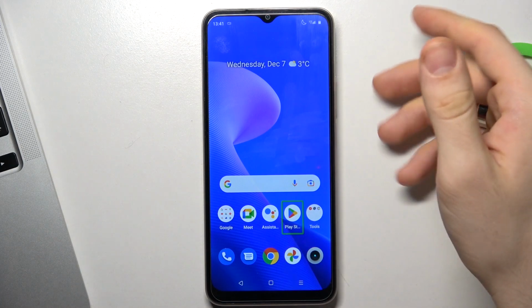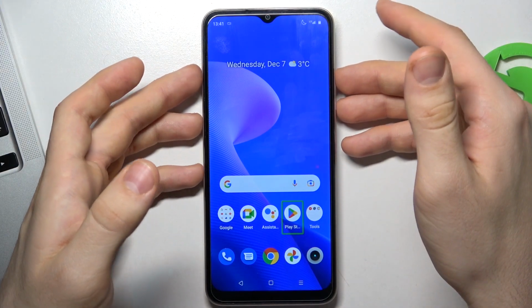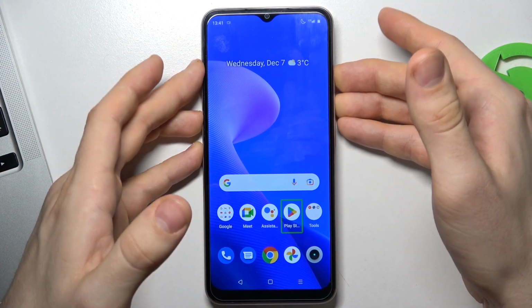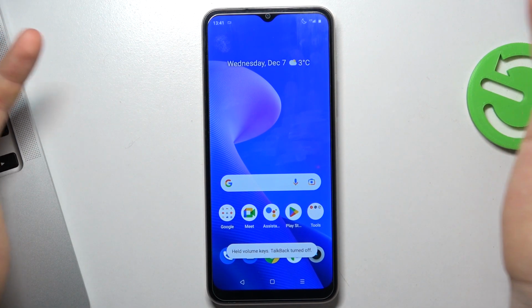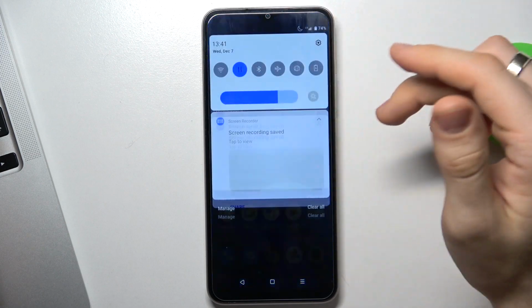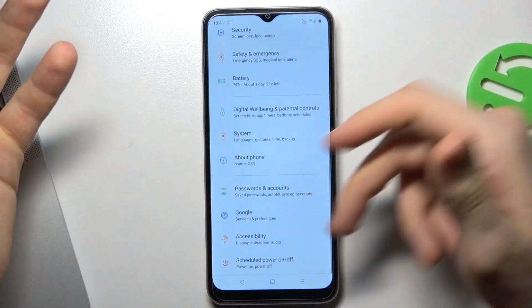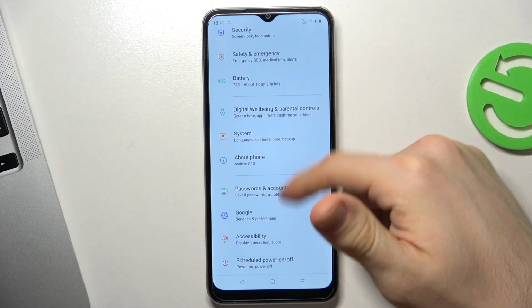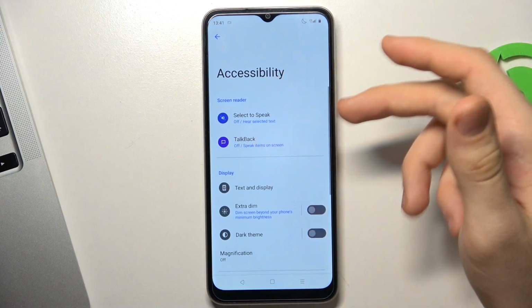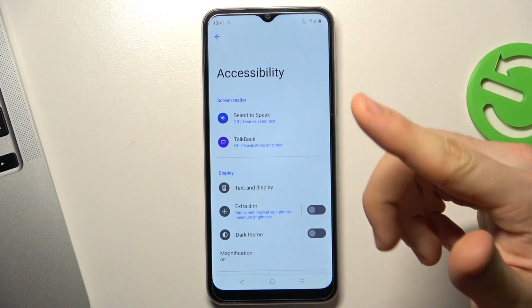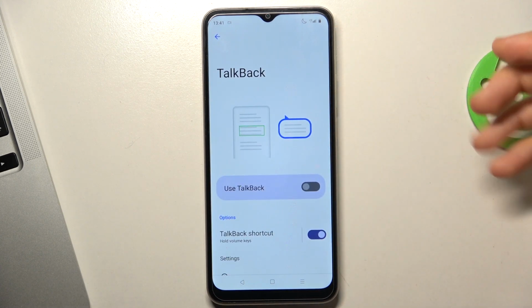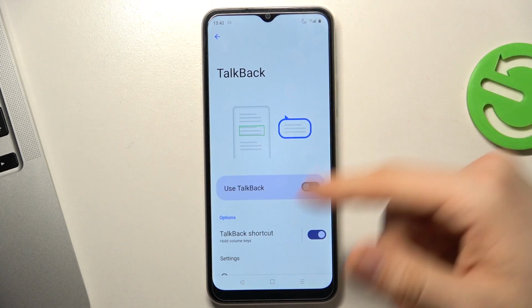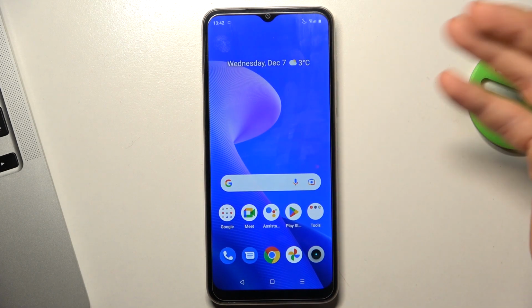Then go back and press and hold volume up and volume down both again. Talkback off. And talkback was successfully disabled, as you can see. And of course, you can open control panel, you can scroll down, choose accessibility, and here choose talkback feature and disable it. Of course, you can do it, but the fastest way to disable talkback is to